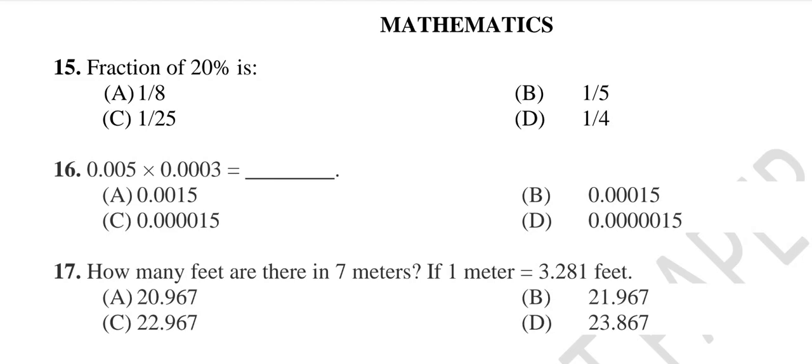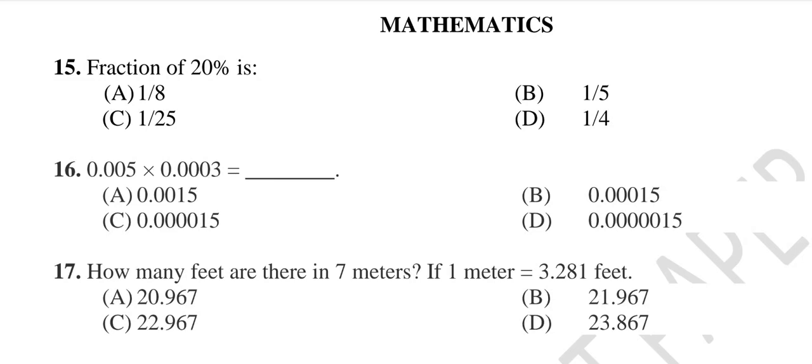Questions from mathematics section. Question number 15. Fraction of 20% is A 1 upon 8, B 1 upon 5, C 1 upon 25, D 1 upon 4. So 20% will be 20 multiplied with percent 1 upon 100. 20 into 1, 20 upon 100. 20 upon 100, when we will solve it, it will be